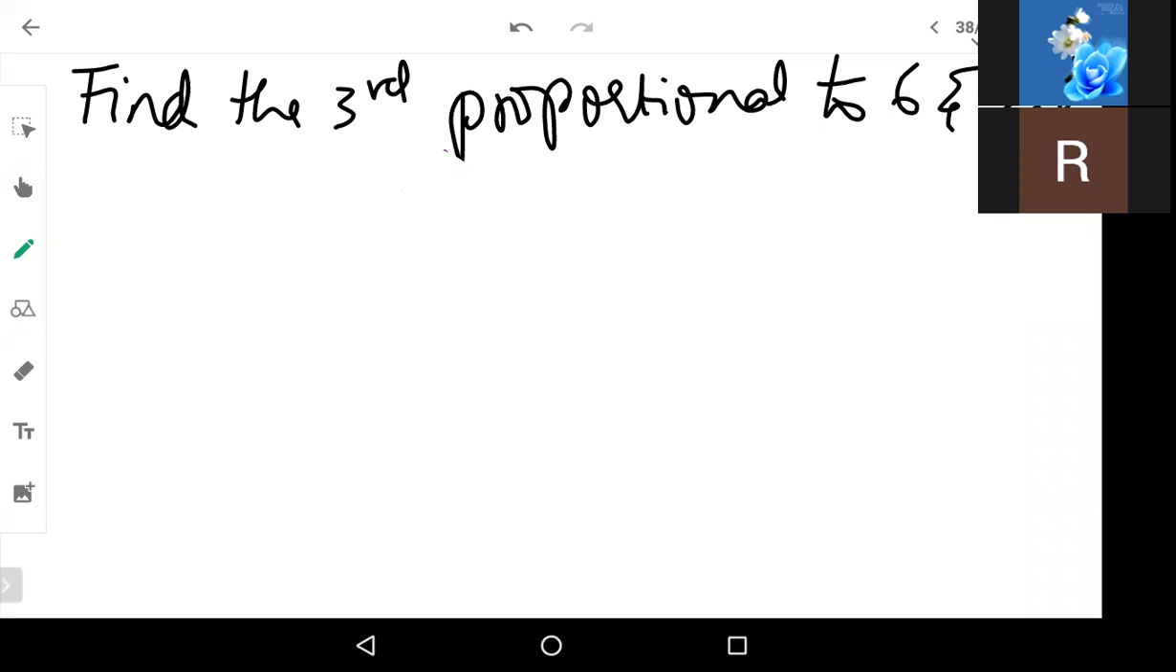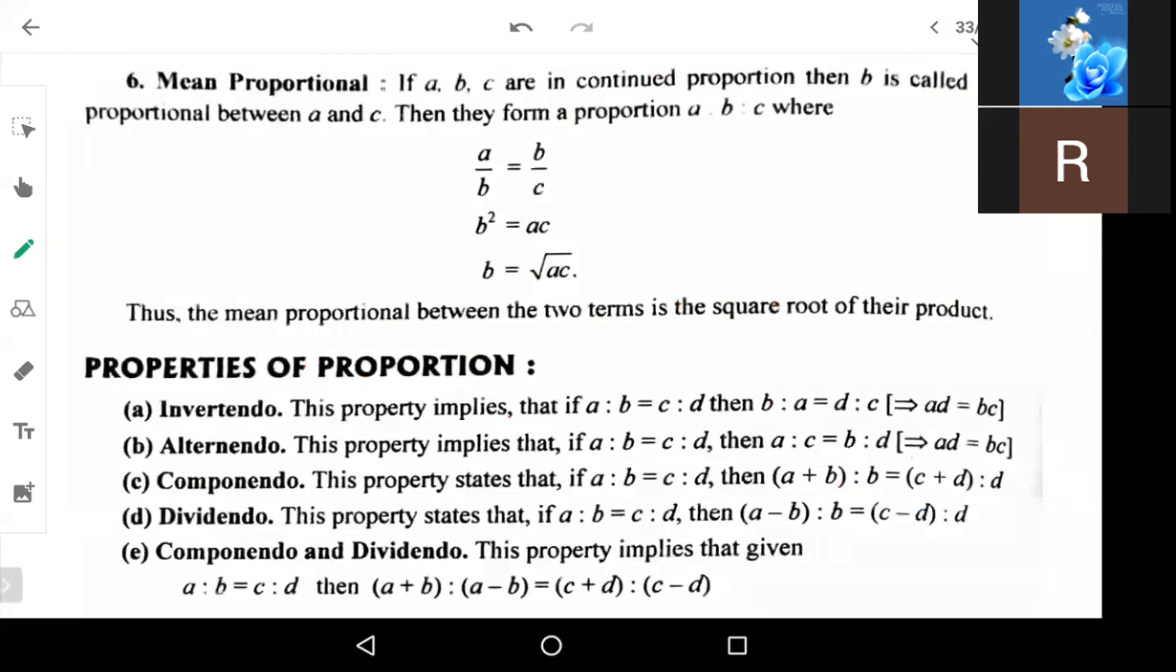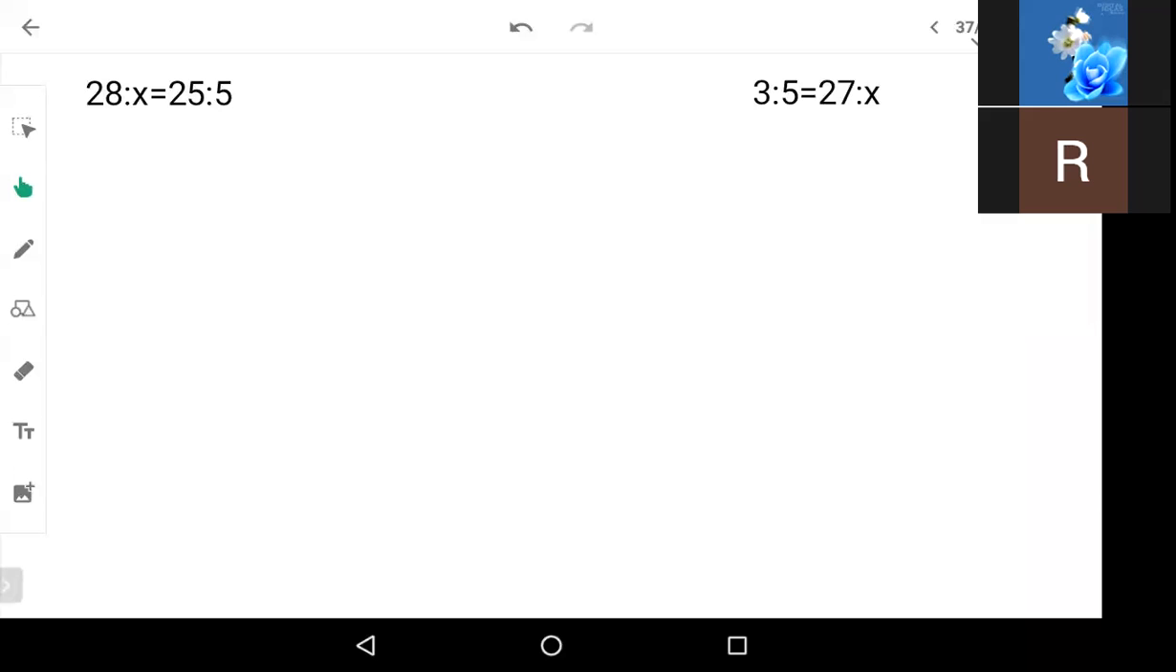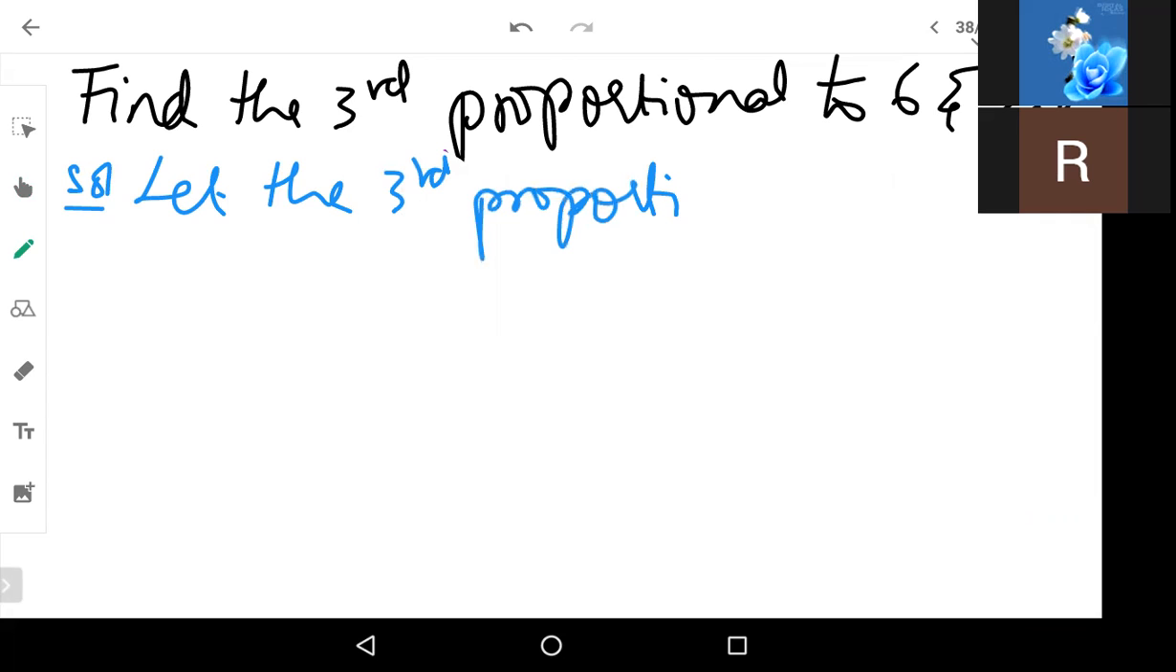Okay. Now listen. Now here we have 3 proportions. So if you remember, just now we understood mean proportional. When you have 3 numbers given where the B, that is the center value, will be the mean proportional. So using that, we are supposed to find out the third proportion here. Okay. So to start with solution, let the third proportional be x. Therefore,